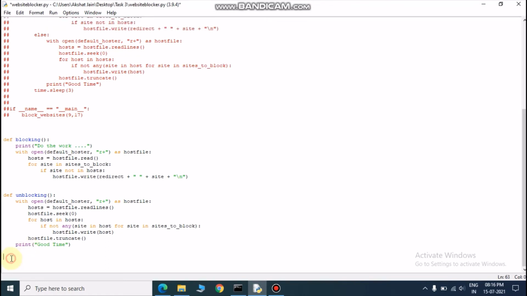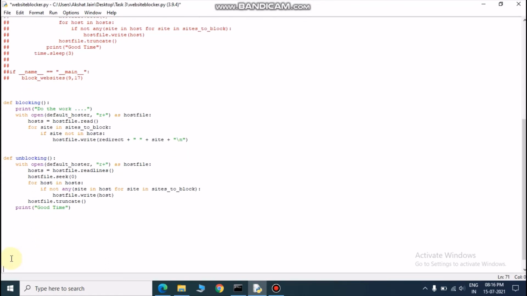So now we will call these two functions, and we want to call them according to our needs. So I will create an infinite loop. We will ask for input from the user.